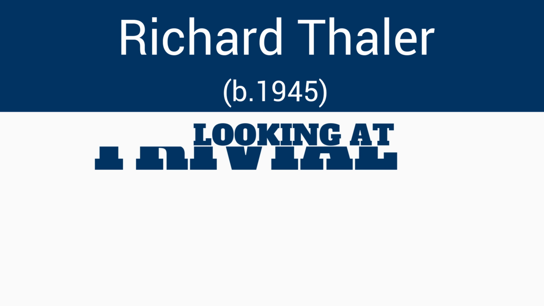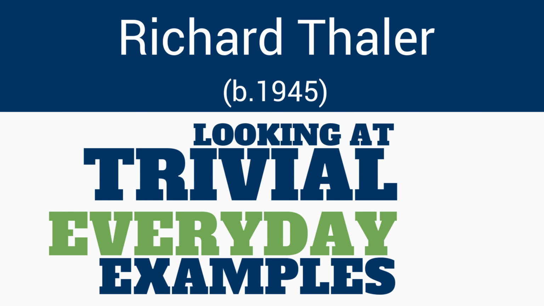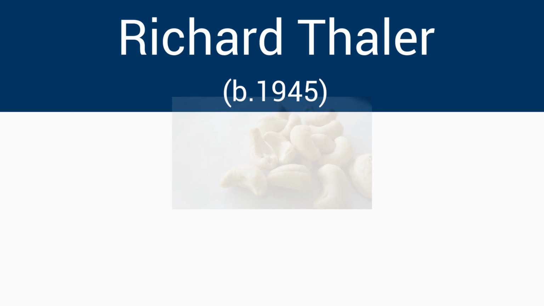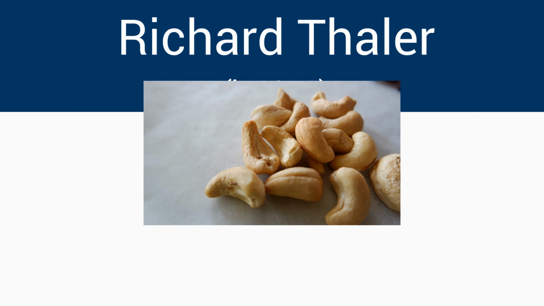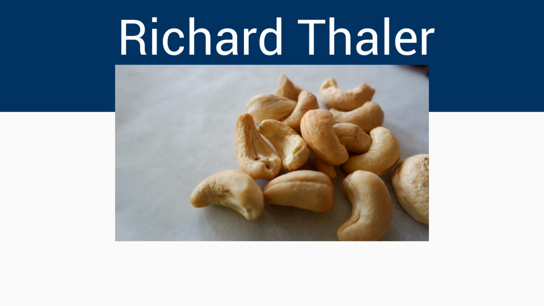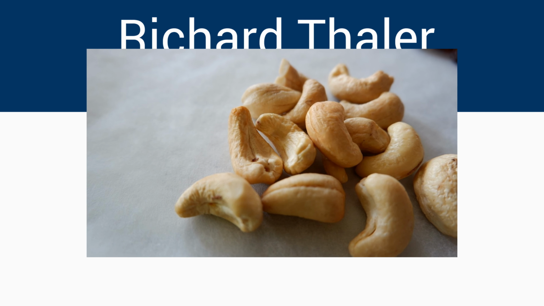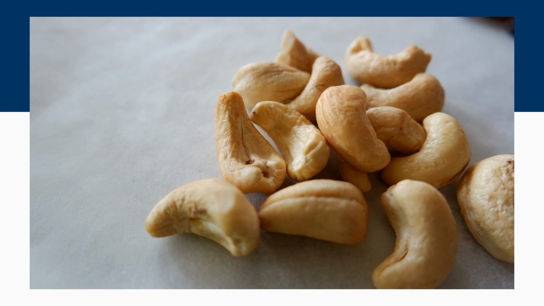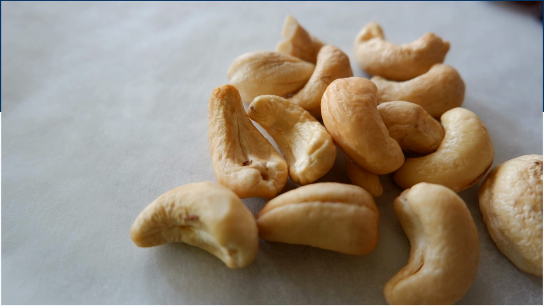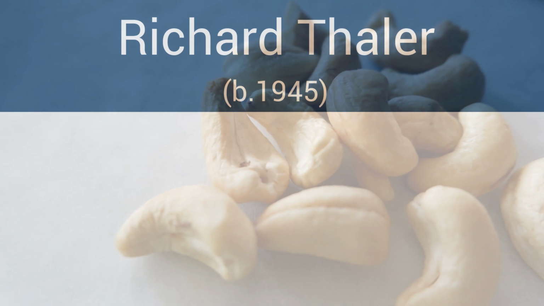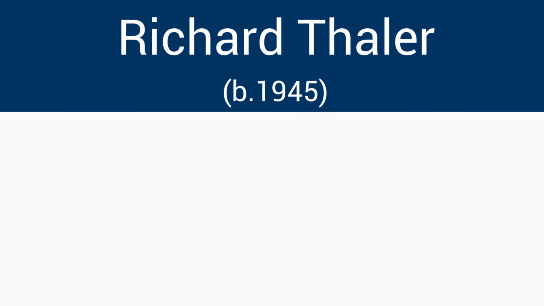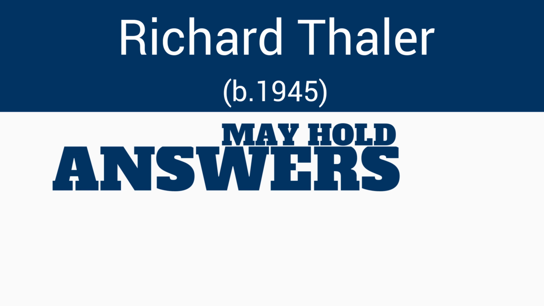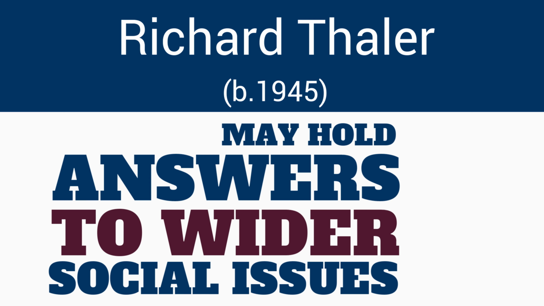Thaler started his work by looking at trivial examples of when people are irrational in everyday circumstances. For example, when you're eating too many nuts or crisps before a dinner and you're grateful when somebody takes them away. This doesn't make sense in a rational world, because either you want the nuts or you don't. But in fact what you want is the choice to be taken away from you, which completely contradicts the traditional free market understanding. Thaler believes that these somewhat trivial examples may hold the answers to wider social issues, and he